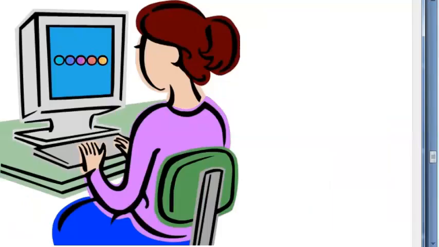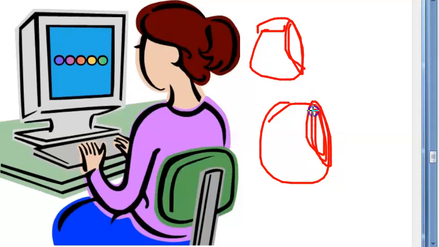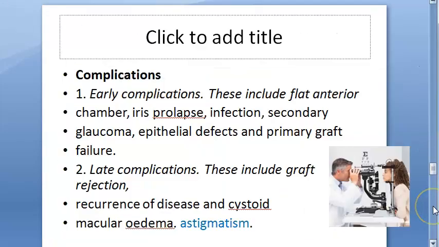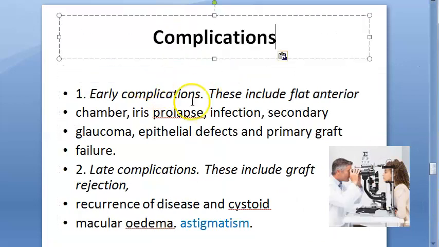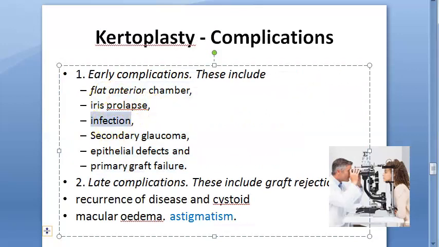So basically what did we understand in surgical technique? From the donor you take the cornea, and then recipient's cornea also you will remove and then suture it. Let's move on. Complications. What can be the complications after keratoplasty? There are early complications and late complications. Let us look at the easiest ones here. Infection. Definitely we will say after anything there can be infection.